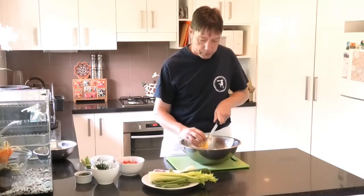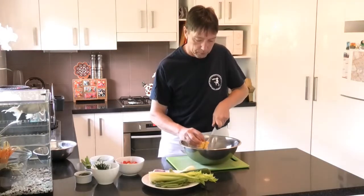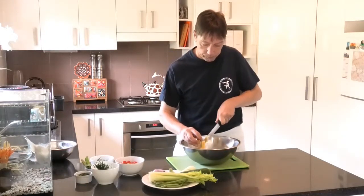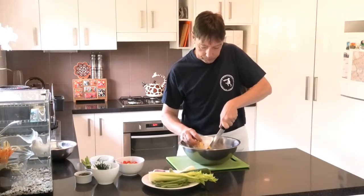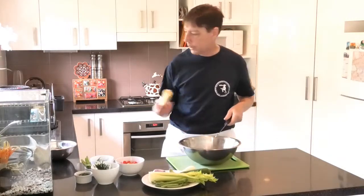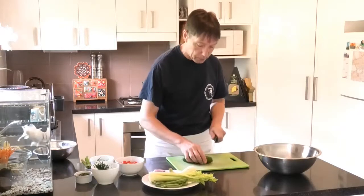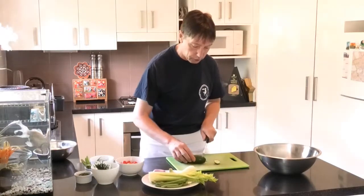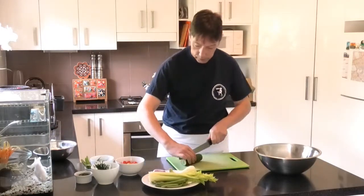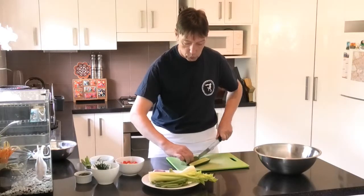I'm going to save the bits that come off, the cobs that are left, and then we'll put them into our composting in the garden. Composting is where you put all your offcuts and they degrade down. So then we get our cucumber, take the ends off the cucumber, again into the composting, and then we'll cut that down the middle, and then we'll cut that again into quarters,